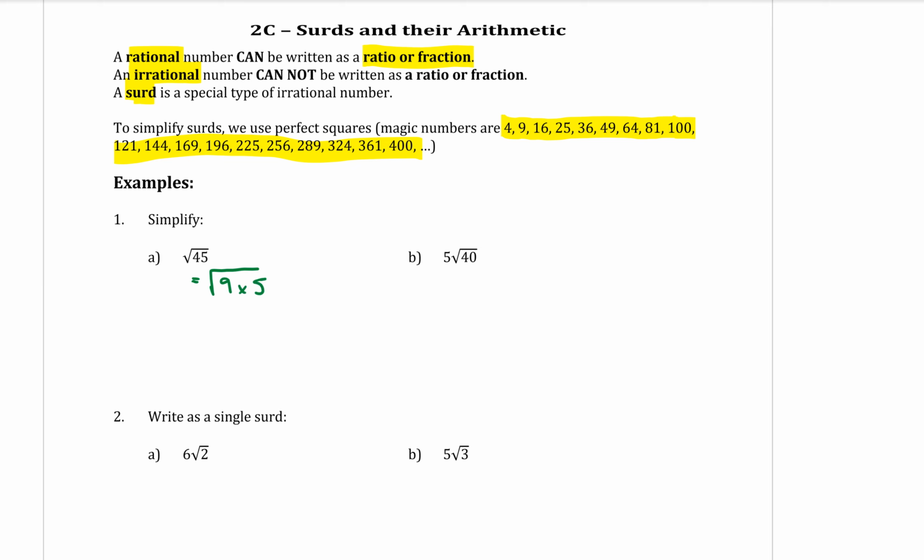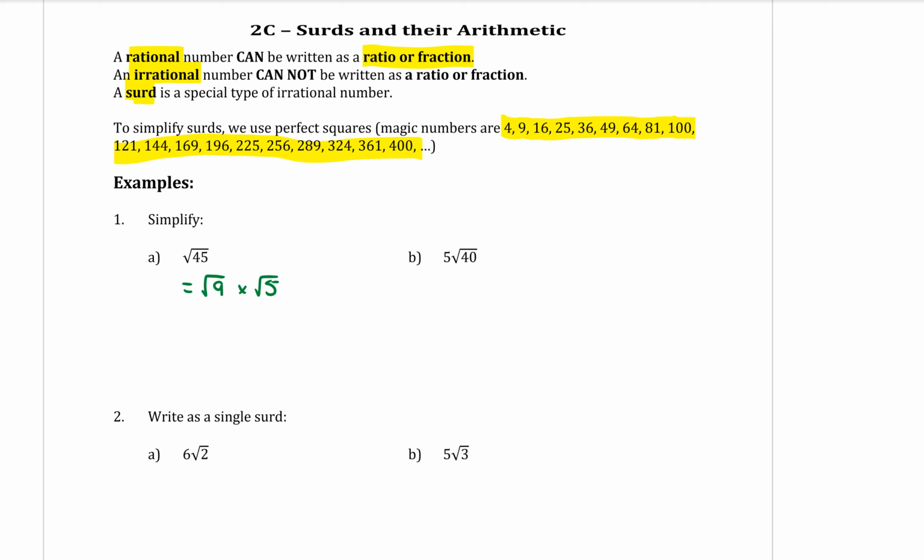Now, I said don't write this down yet because what I would like you to do, instead of writing that step down, is to straight away split those into 2 surds, just to save yourself some time. Okay, so we've identified the 2 numbers, but we split it to be square root of 9 times square root of 5. It doesn't matter which one you put first, but I like to put the perfect square number first,